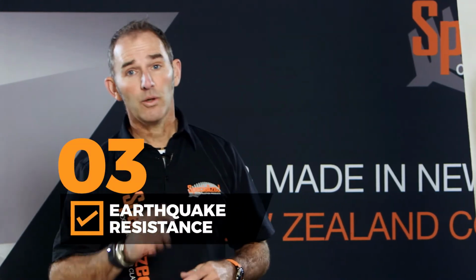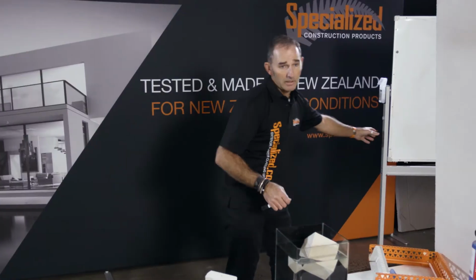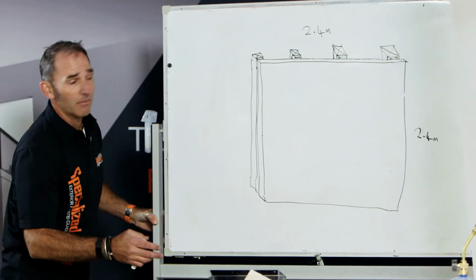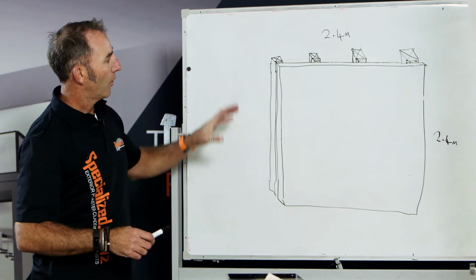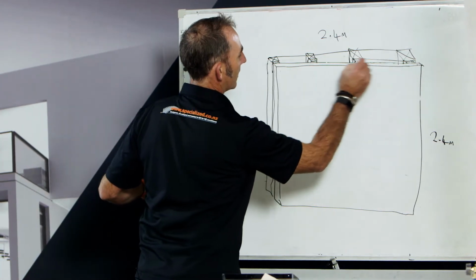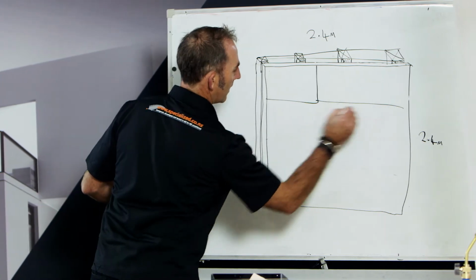Number three, earthquake strength. Really important for all of us as Kiwis. There's no real easy way of showing this, so what we thought we'd talk about is the way that BRANZ tested for us. BRANZ stands for the Building Research Association of New Zealand, and they're a critical part of our product and our testing. You're going to have to excuse my crude drawing here, but I think you'll understand what I mean. BRANZ starts off with a wall which is 2.4 by 2.4 metres, which has a top plate connected across. We then come along, screw off our panels,